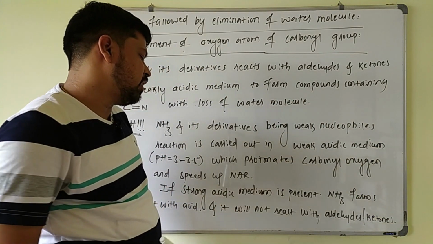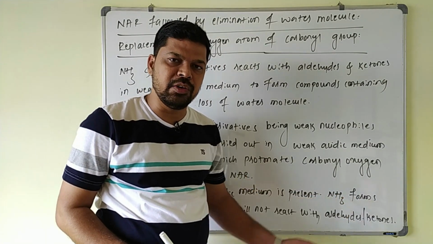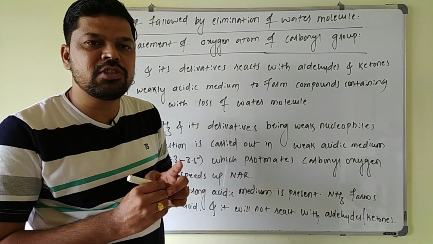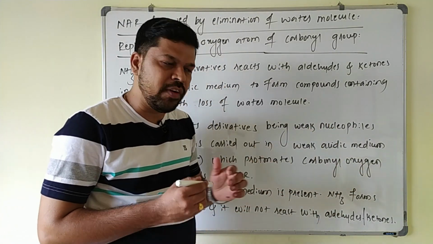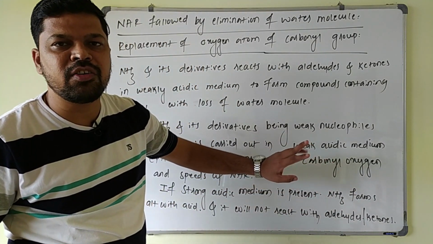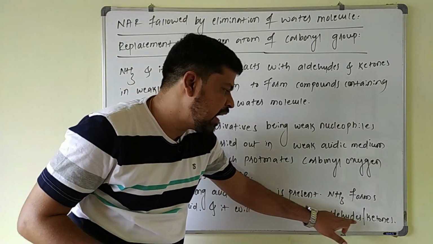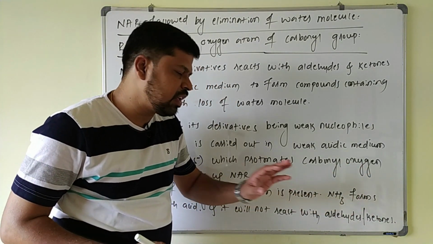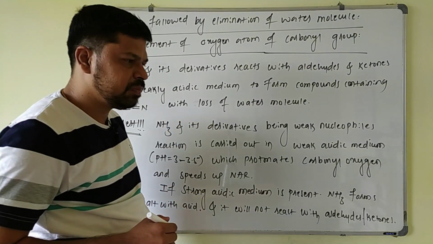So, in case of this reaction, ammonia reacts with aldehyde and ketone because the lone pair of electrons on the nitrogen in ammonia will act as a nucleophile to react with aldehyde and ketone. If the lone pair of electrons on the nitrogen are utilized for some other purpose, they are not available for the reaction with aldehyde and ketone. That's why they will not react with aldehyde and ketone if they are utilized here. We will see that one.